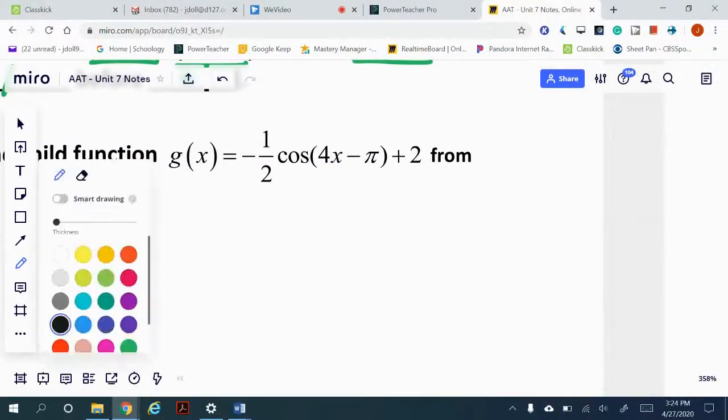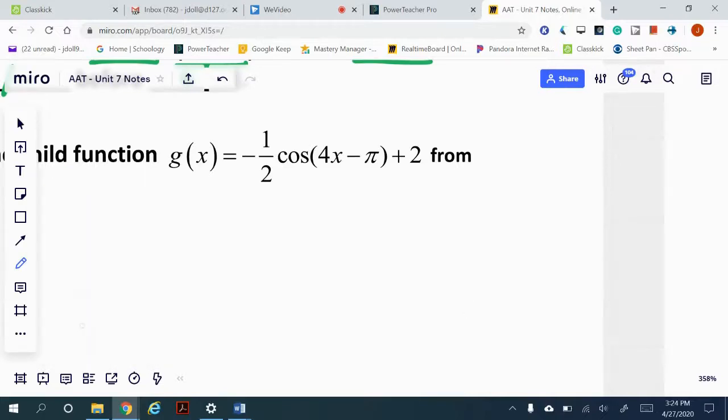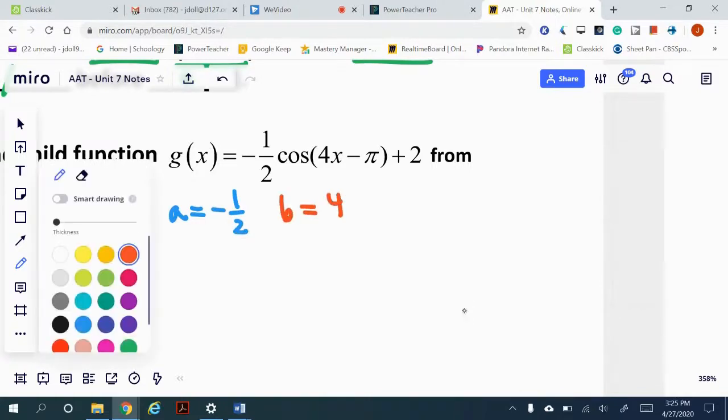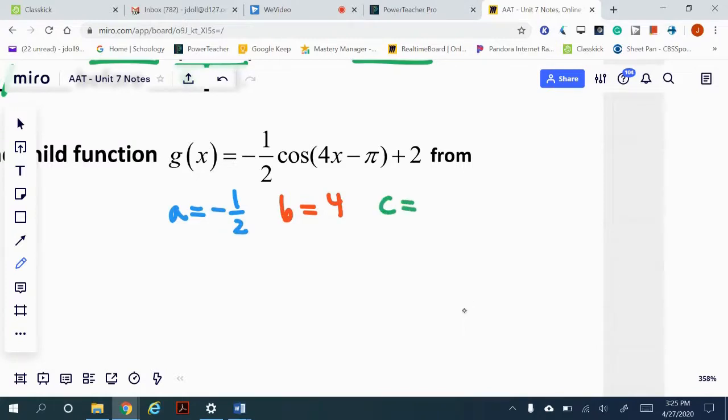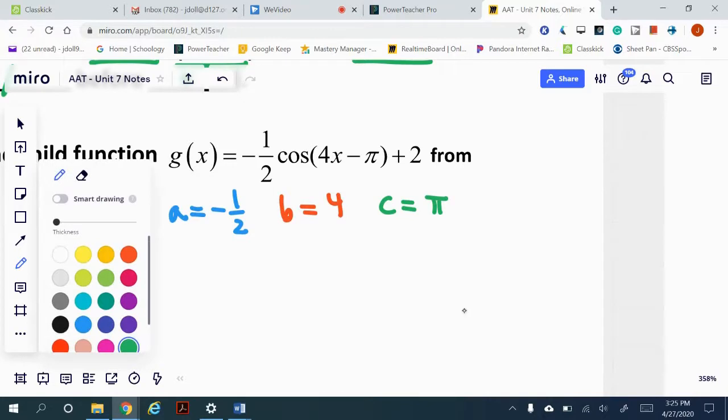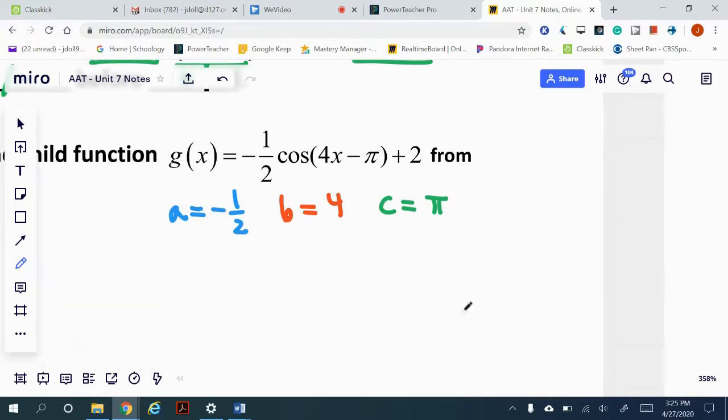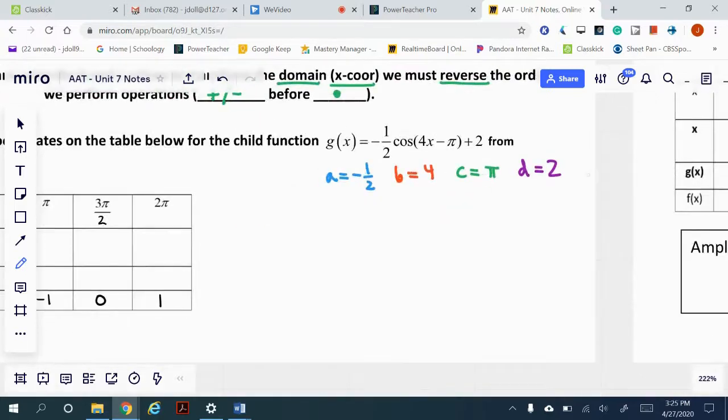All right, so if we look here, let's go through this. We see that A is -1/2, B is +4, and C is actually positive pi. Remember, it's the opposite of what it looks like there. And let's go with purple, and D is +2. So remember, A and D